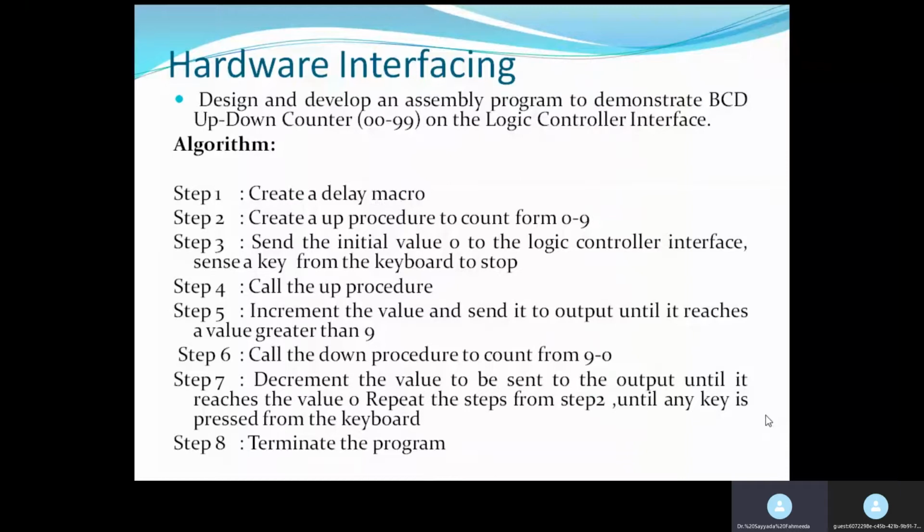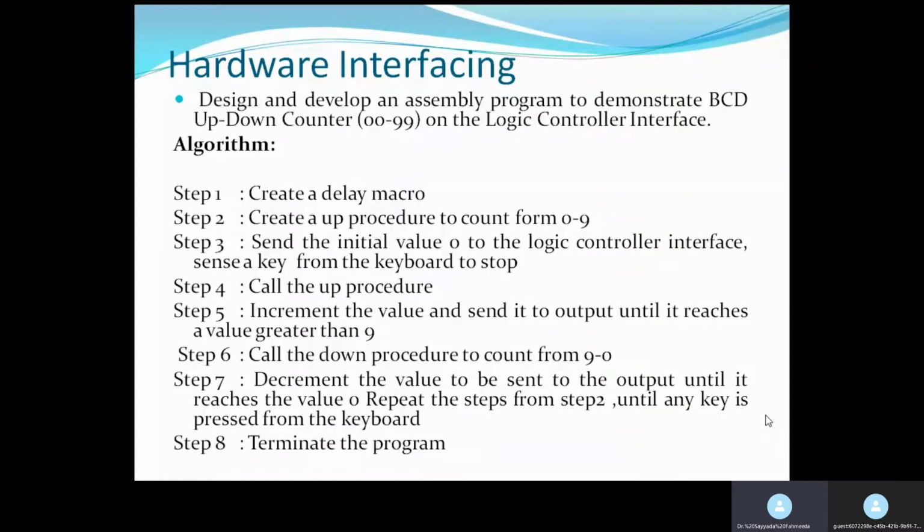This up-down counter will be displayed on the logic controller interface. A kit called a logic controller interface will be connected, and it will be used for displaying the output. For doing this program execution, the first step is to create a delay procedure.